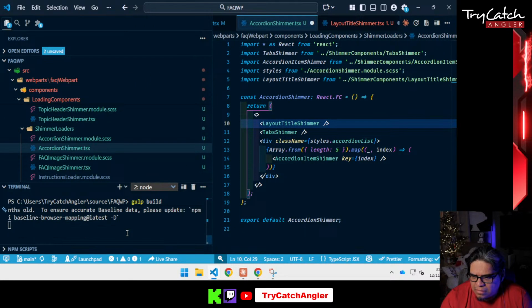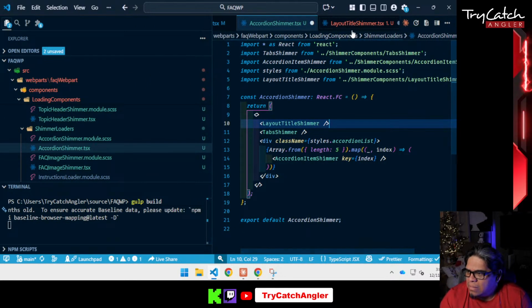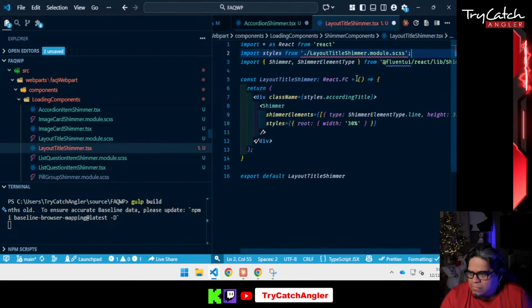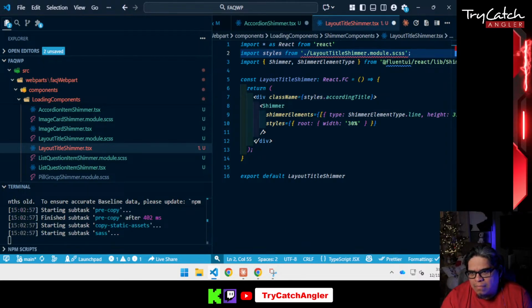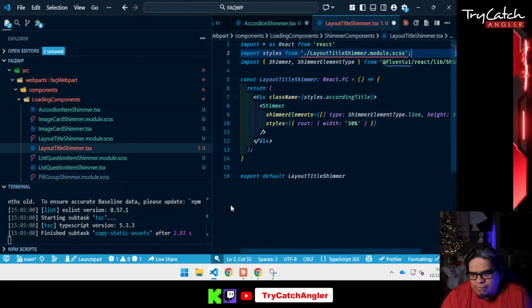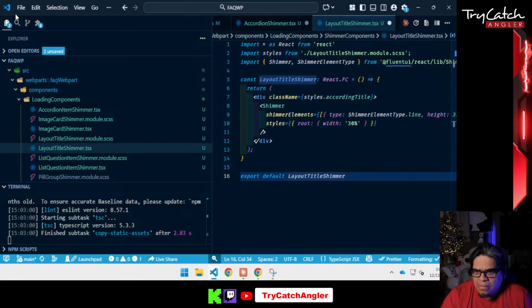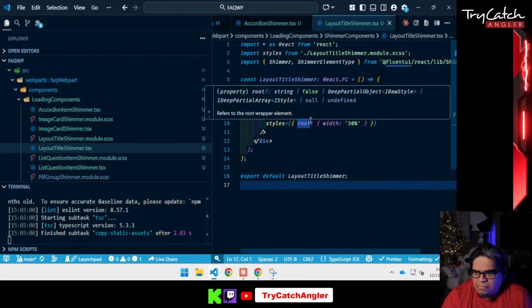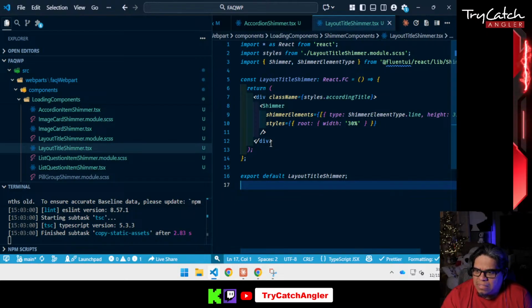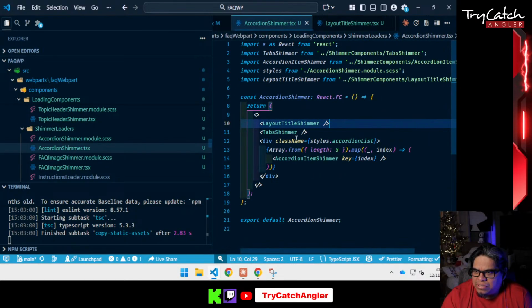Build. Still gonna build. All right, so I wish it wasn't this slow sometimes. There you go. It did build. Perfect. And now we can save all. Basically what I did was I just created this component, and I can just reuse that same component inside here,